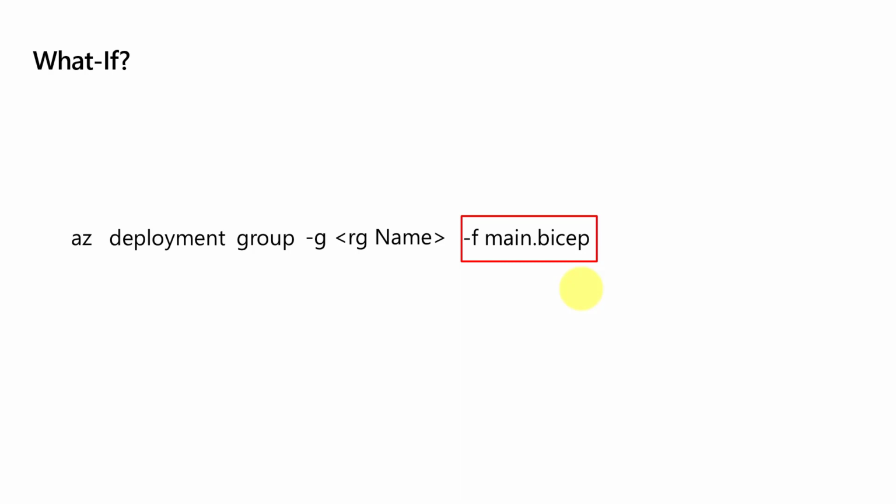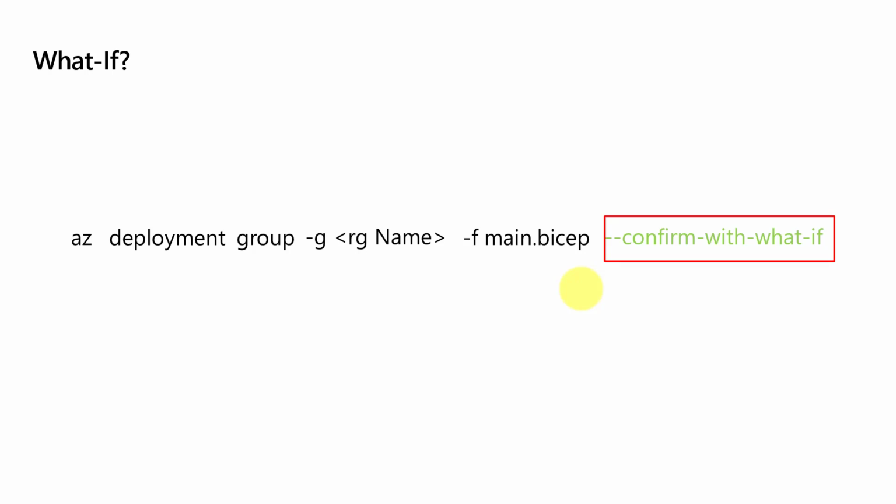Now we are going to introduce a new parameter called confirm with whatif. With this, Bicep will ask for a confirmation with yes or no inputs. Along with that, it will also show us the changes that are going to be created in Azure. So let's run a Bicep script in Azure. And let me head towards